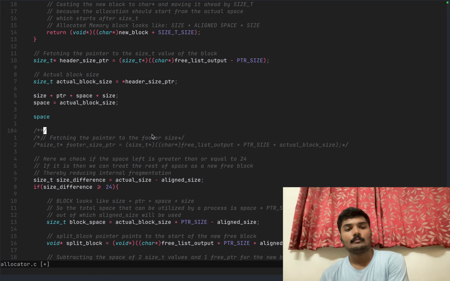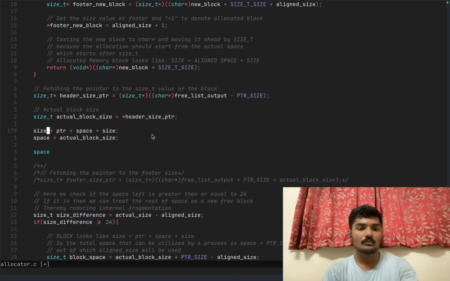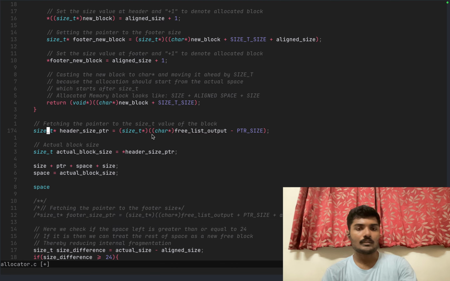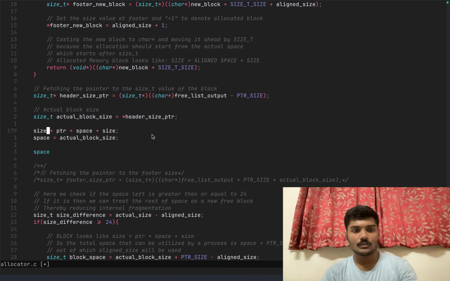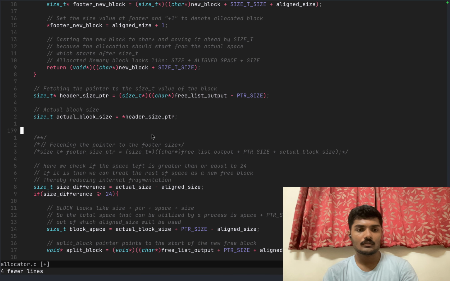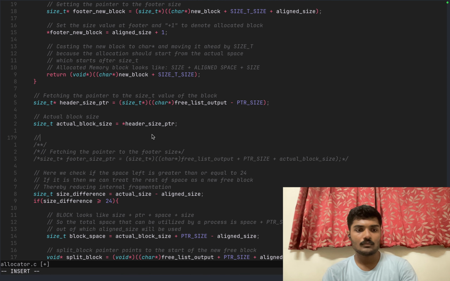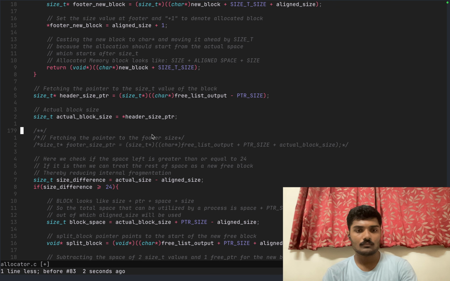Let's cover this for now, right? So header size pointer is previous output minus pointer size, size t, this is fine. Like the size of the block size. Yeah, okay. Let's remove this. And now we will store